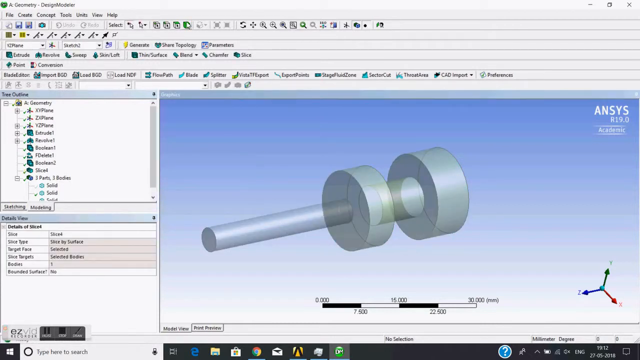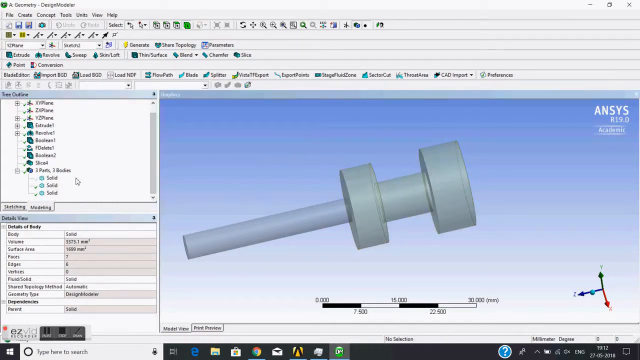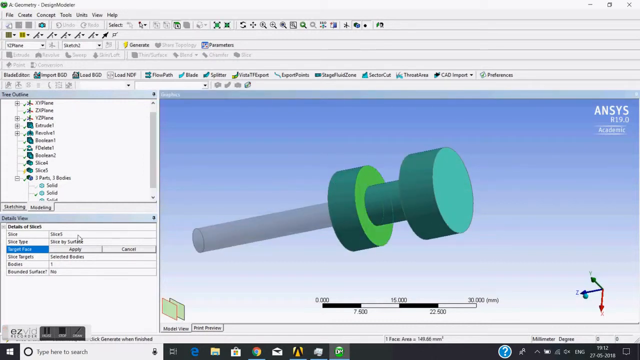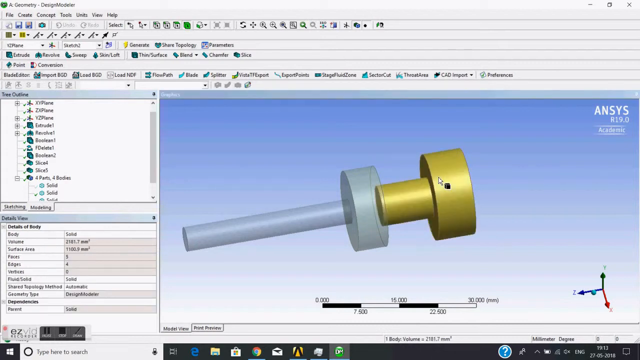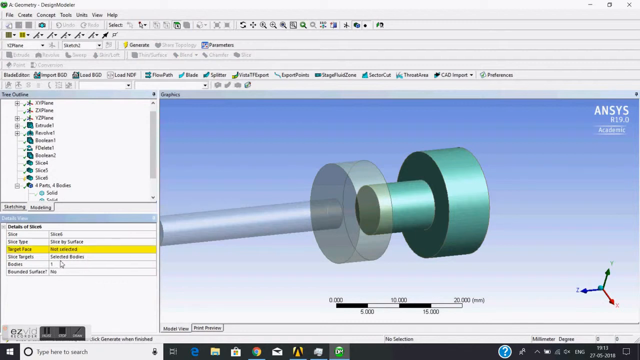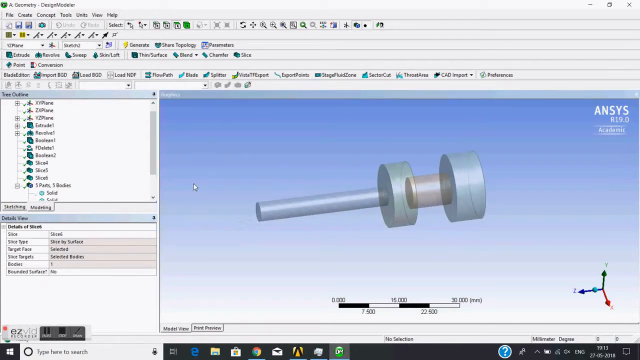So now, you can see, two bodies are generated here. I will again slice this body, create slice by surface. I will pick the surface, apply, then body selected, generate. I will again slice this body, create slice, apply the surface. I'll choose this surface, then apply, then the same body selected and generate. Yeah, now we have